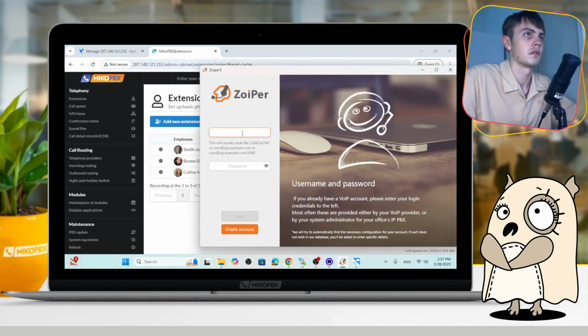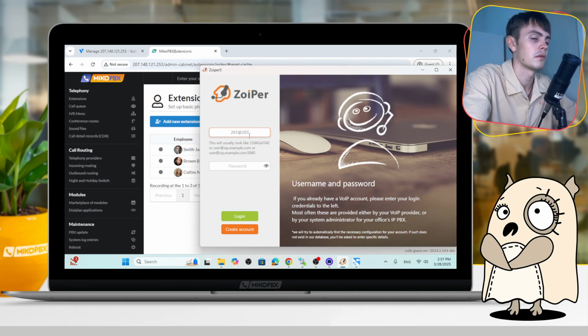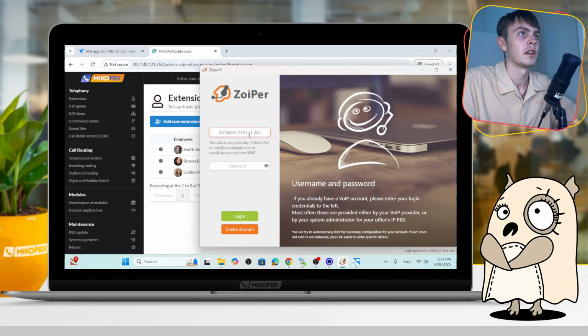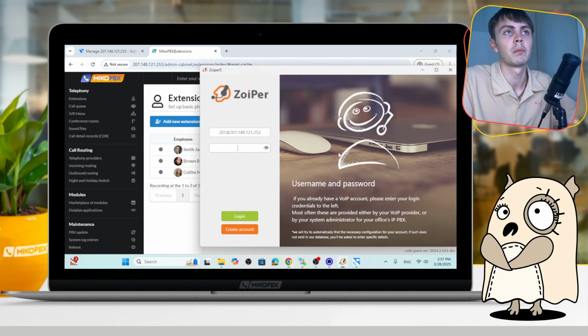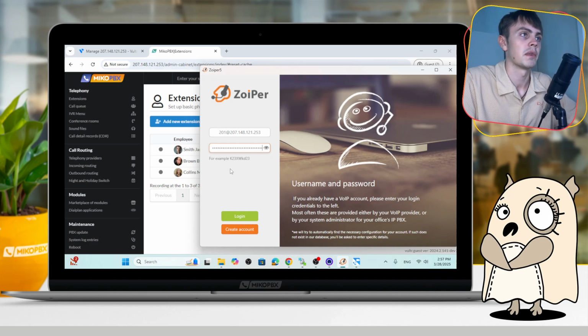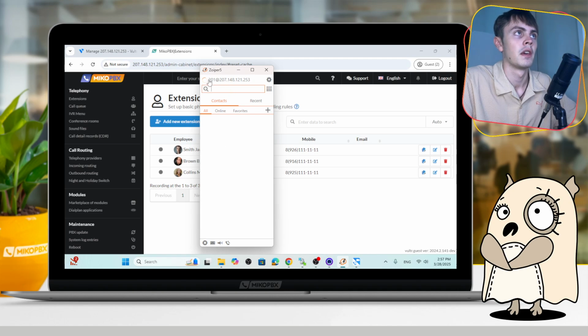For that, in the login field we should type the internal number of our employee. For me it is 201. Then the at symbol, and after the symbol we should type the MikoPBX address. For me it is this one. And for the password field we should copy the password for SIP. We can do that using this button inside the MikoPBX interface. Let's paste it here, then click login, next, skip, next, and